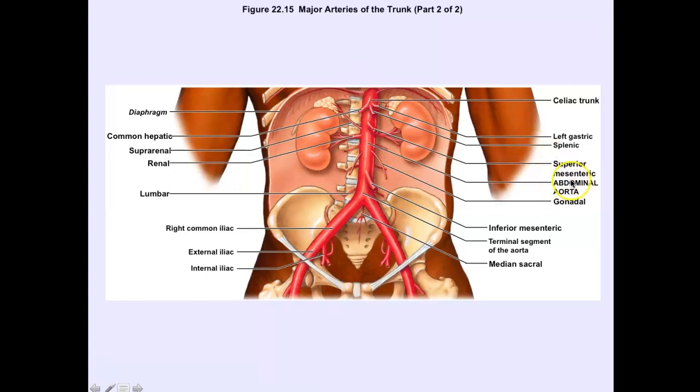The word mesenteric refers to mesentery, and we'll talk about the mesentery in the digestive system, but for now just know it's the connective tissue that binds all of your intestines together. And so it's kind of like a sheet between your intestines, and the blood vessels and nerves that travel to your intestines travel inside this sheet, inside the mesentery. So I want to look at